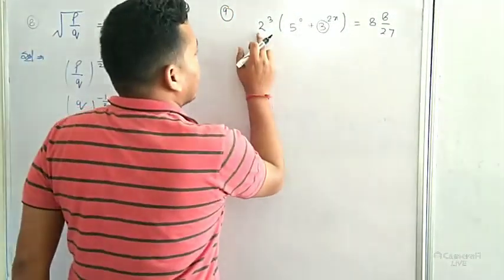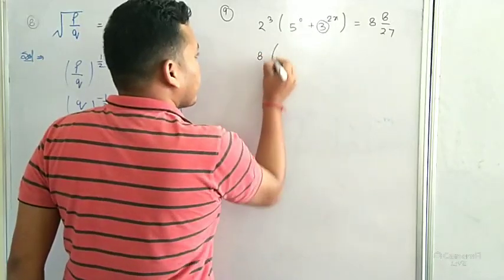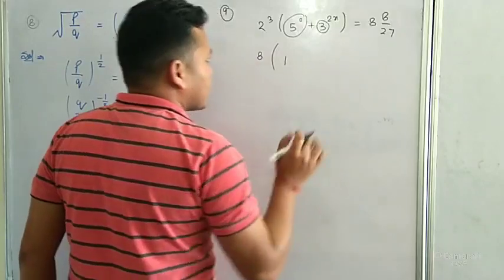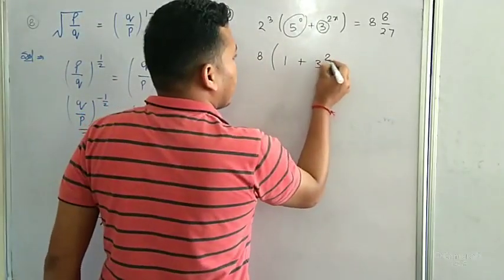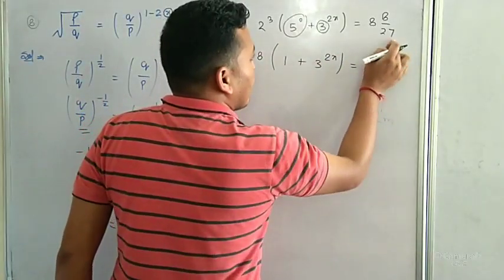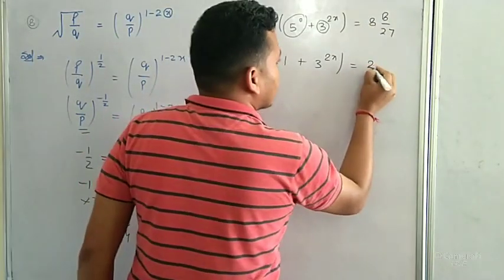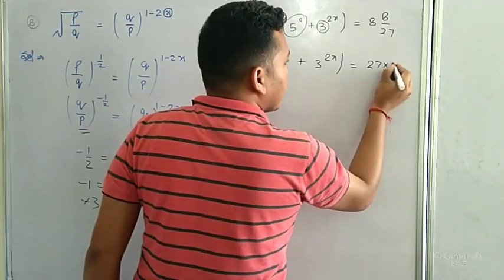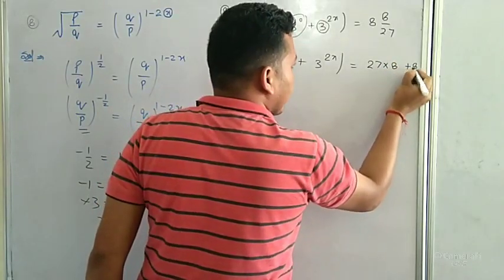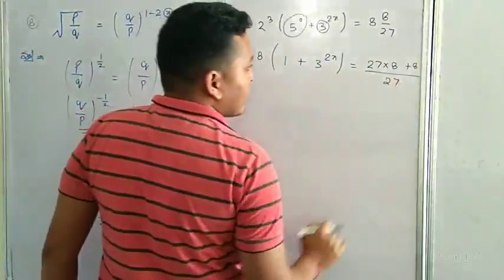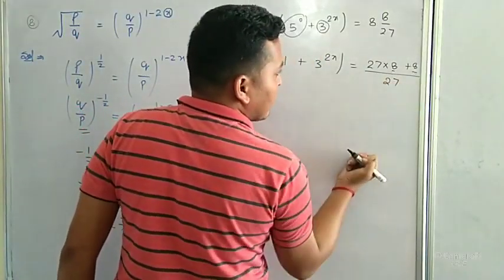So 2 to the power 3 is 8, 5 to the power 0, it means the value is 1. Formula: a to the power 0 is equal to 1. Plus 3 to the power 2x is equal to, now this is a mixed fraction, convert it into the form of a fraction. So 27 multiplied by 8 then plus 8 upon 27. ओके, मैंने मल्टीप्लाई इसलिए नहीं किया क्योंकि 8 और 8 कॉमन ले सकते हैं